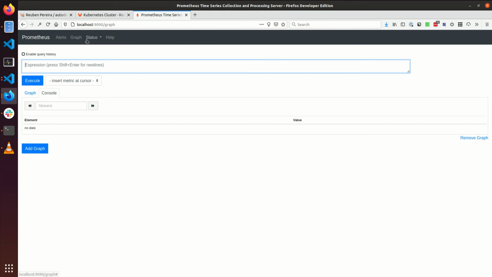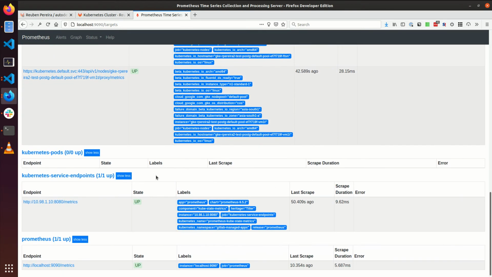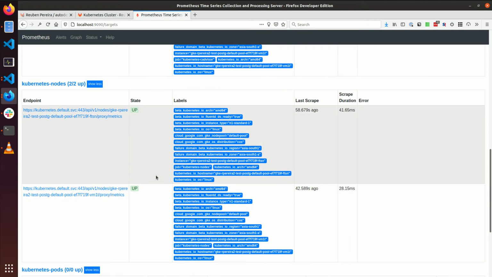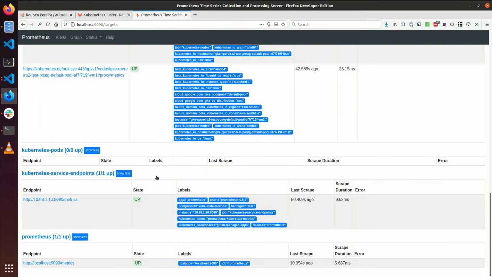So this is the Prometheus UI. We can look at the targets. Once we install the new Prometheus exporter, there should be a second entry under Kubernetes service endpoints.